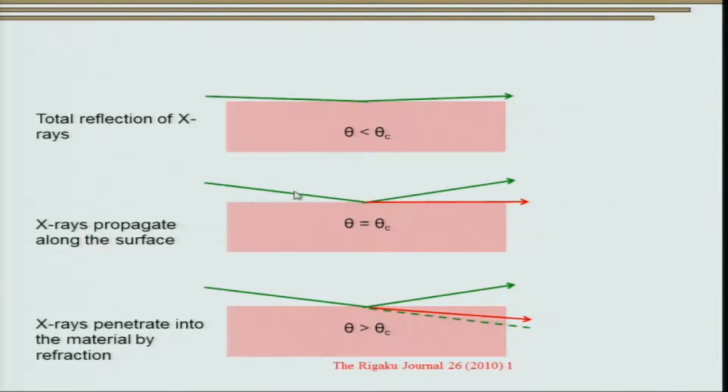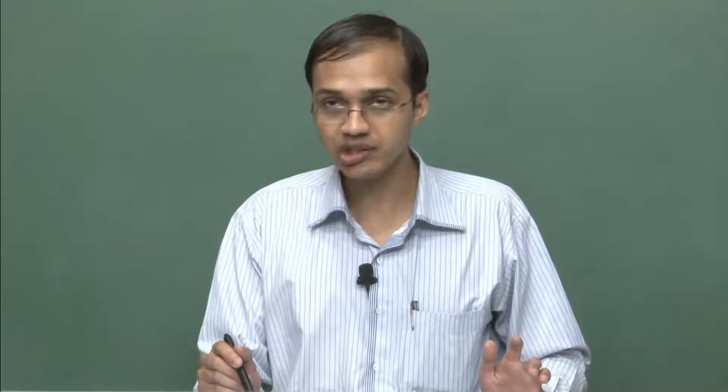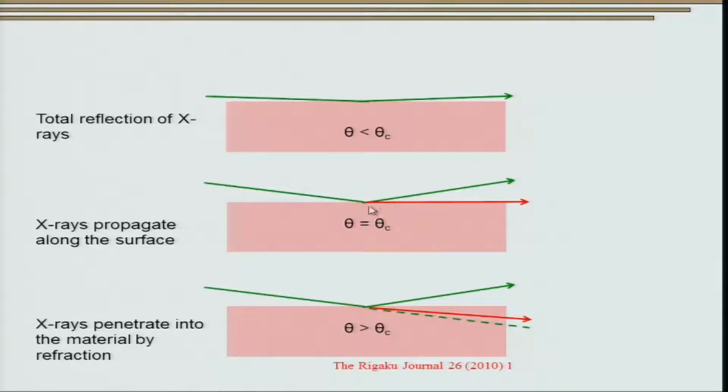However, when you increase the theta incident, at a particular angle you do get a diffracted or reflected beam. But in addition to that, you get another refracted beam which just travels parallel to the surface of the substrate. The angle at which this phenomenon occurs is known as the critical angle. This essentially ensures that if your theta is less than theta c, you do not get any beam that gets refracted. However, at theta equal to theta c, you get a condition where your beam does not get refracted, but in fact runs parallel to the